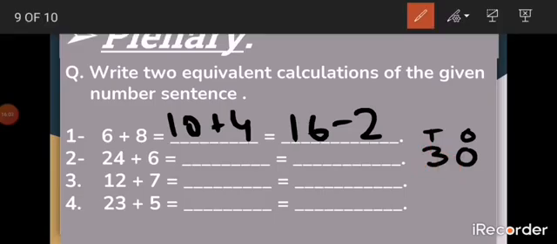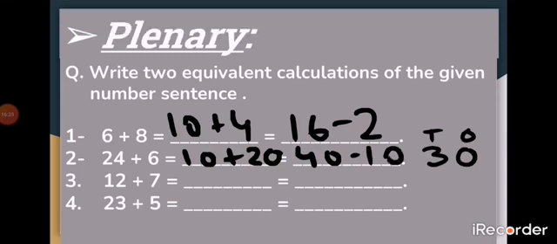Yes. 10 plus 20, 20 plus 10, 15 plus 15, 30. Can you make the subtraction one also? Again, you can count back in tens. What is the next tens after 30? It's 40. So 40 minus 10 is 30. And what is the next tens after 40?